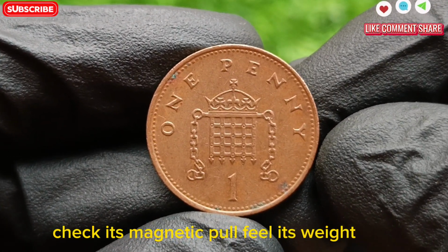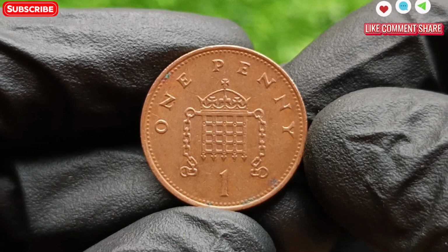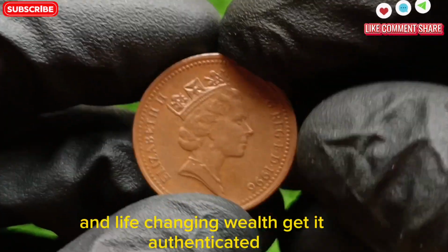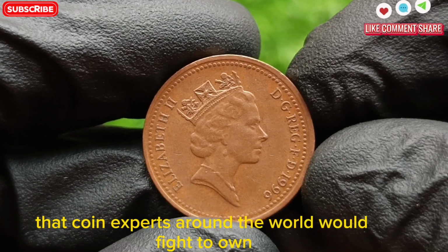Check its magnetic pull, feel its weight, inspect the edges, the lettering, the way it reflects light. These tiny details could make the difference between small change and life-changing wealth. Get it authenticated. You could find yourself with a once-in-a-lifetime piece that coin experts around the world would fight to